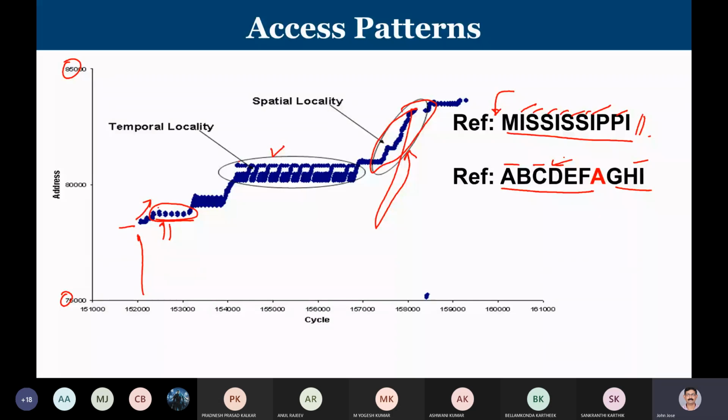So the term illusion means we are not creating a large and fast big memory. The processor always tries to access the cache memory, but we move data from the main memory to cache or from disk to main memory in such a way that the processor is never complaining that I am taking so much time for every access. That is why it is known as an illusion. Actually, it is not an illusion. It is a technique by which we give the best experience to the programmer such that he feels there is large memory and memory is really fast also.